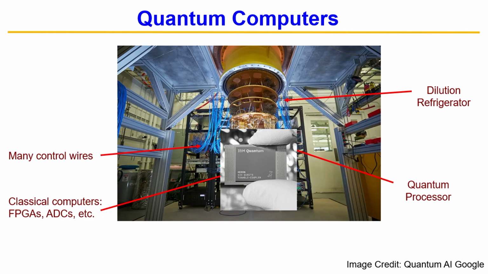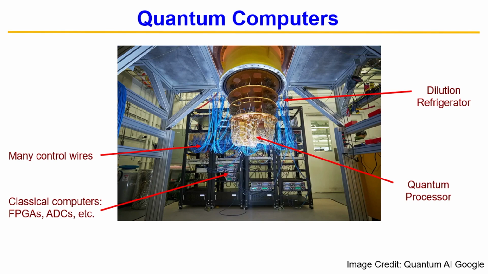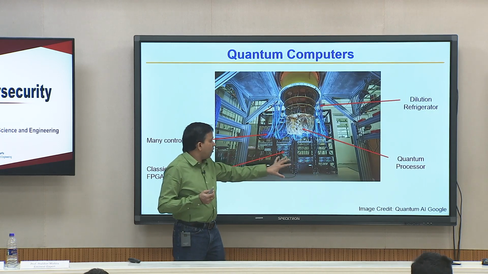But for the rest of the world who do not know anything, to sell something for $100 million, you have to show something, right. This is what we show. It has a lot of wires, and that tiny chip is sitting inside, and all these wires are connected from the quantum computer all the way to all these devices you see. Those are all classical computers, FPGAs and all that stuff.